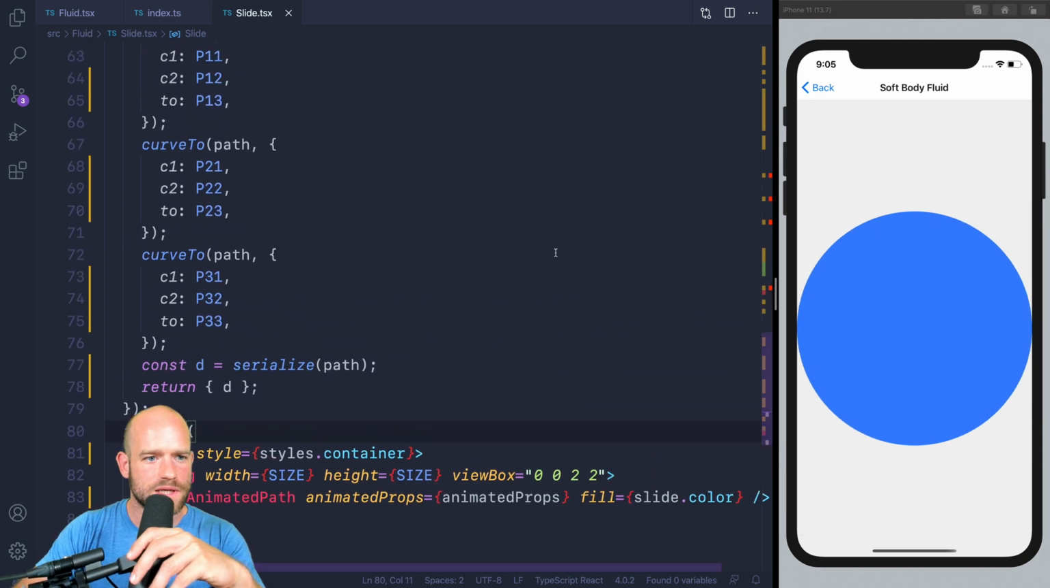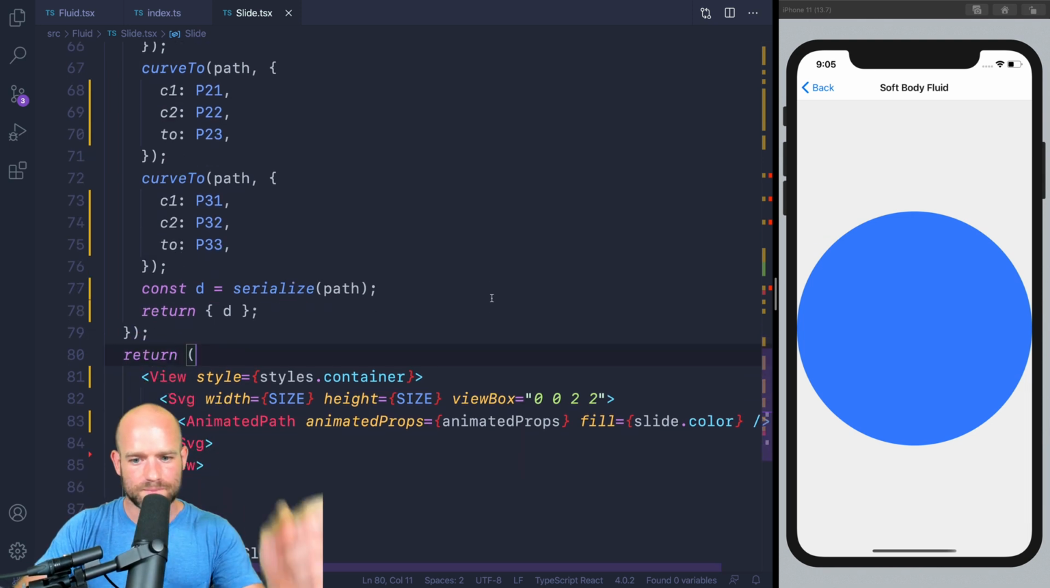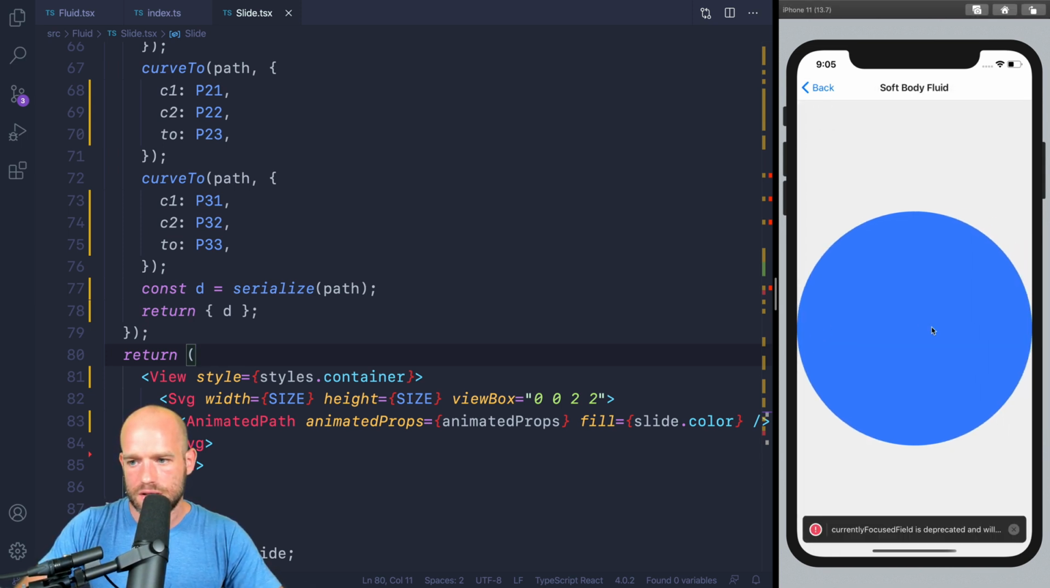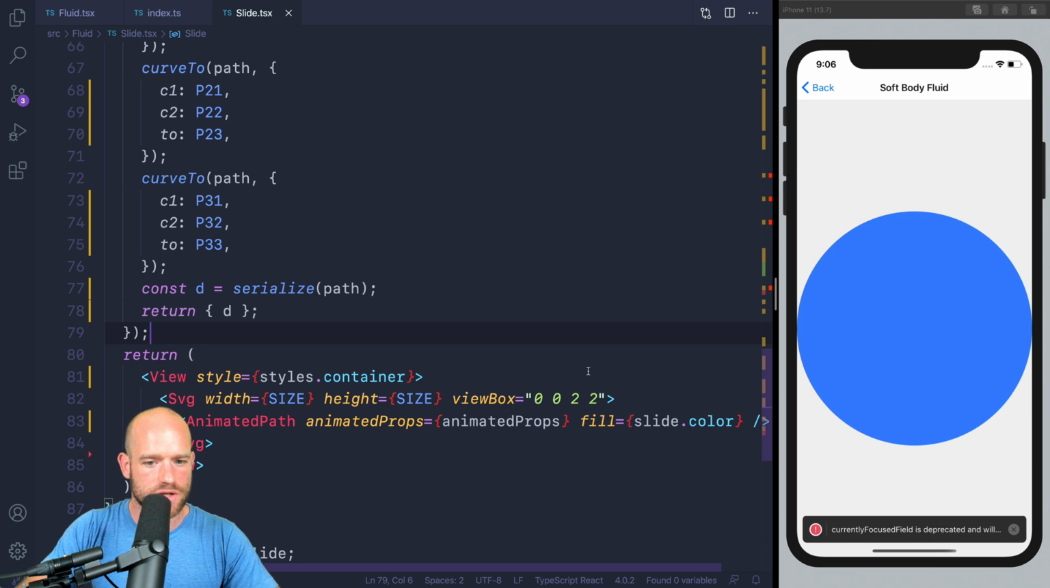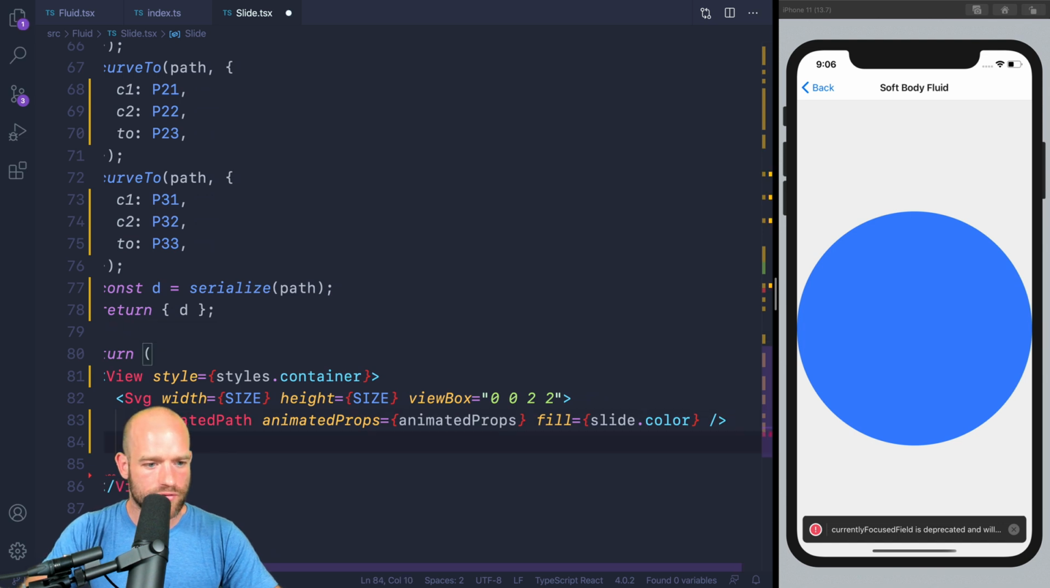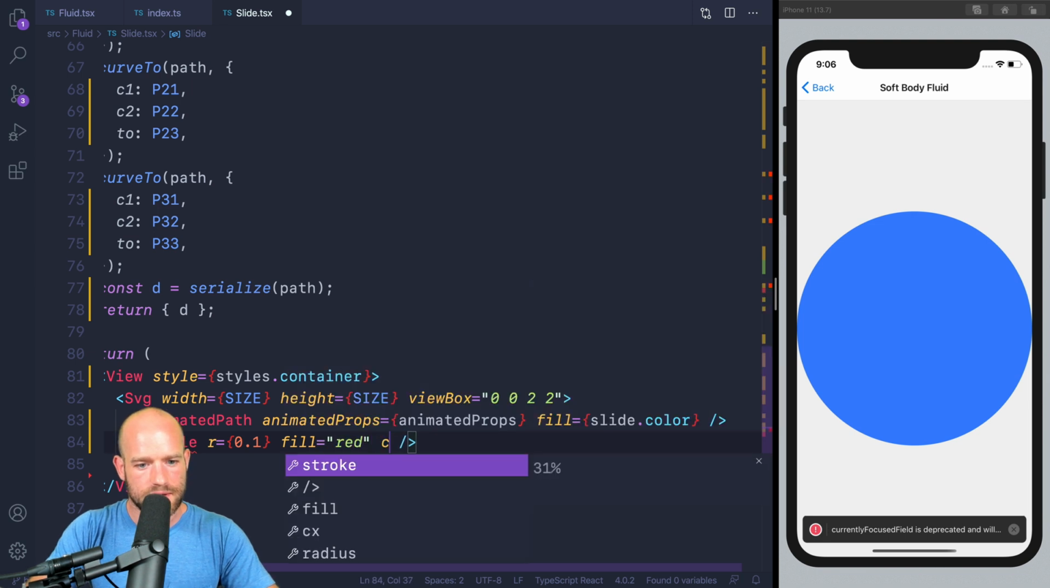So first we need to know which points we need to animate, and let me try. So let's do position. We need to animate these points that are on the left or the right. Let's try to find where are these points, in these curves. So I'm gonna draw 3 circles to try to represent the points. So radius 0.1, fill, let's say red, and let's say CX is